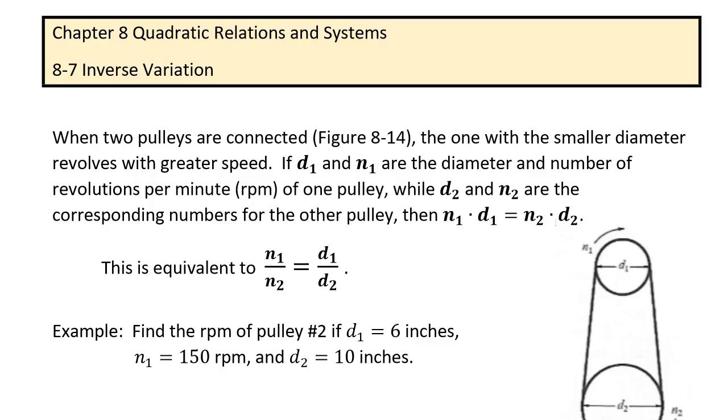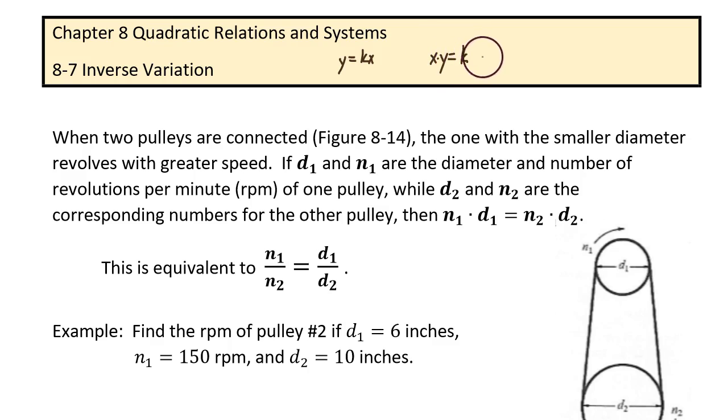This video is for lesson 8-7 about inverse variation. In a previous chapter, we looked at direct variation, where two variables are related using this formula: y is equal to k times x. As the value of x increases, y increases at a predictable rate, and that rate is given by the value of k. We're going to now look at inverse variation, in which the product of two variables is equal to